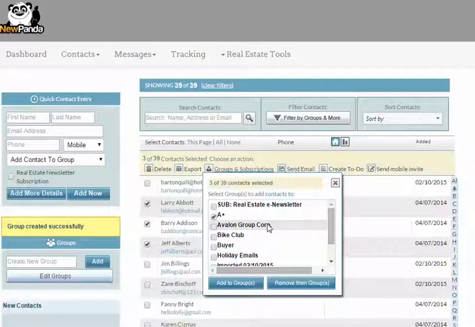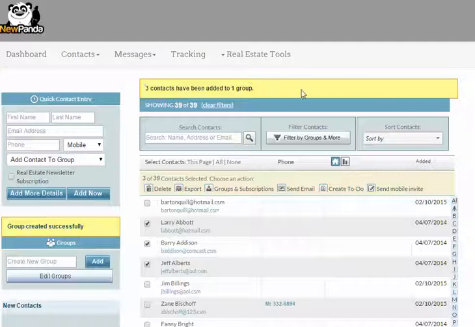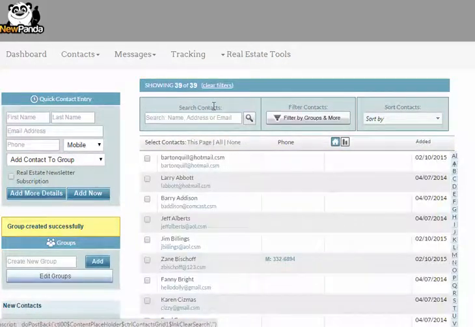So they can only really be in a group 1 time. So if you hit add to groups and they're already in the group, it doesn't create another contact record. It won't send additional emails to them. It'll just make sure that those contacts are in the group that you want. So that is not a problem. Okay. All right, the next thing that I want to show you is